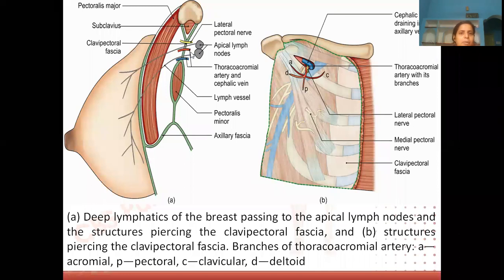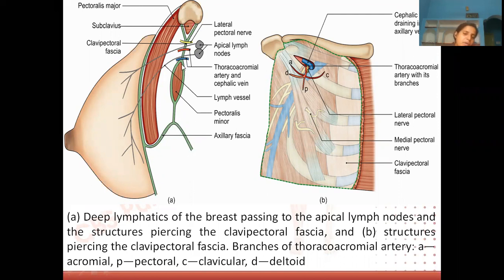In fact, this clavipectoral fascia, now see, this is the mammary gland. We know this is the mammary bed. We know this is pectoralis major, we know this is pectoralis minor. Covering the pectoralis major is the pectoral fascia. Covering the pectoralis minor, now see, suppose this is the clavicle bone and this is the subclavius muscle. Obviously, the margins of subclavius give attachment to clavipectoral fascia. So this is the clavipectoral fascia which is splitting to enclose subclavius. It's coming down and it is also splitting to enclose the pectoralis minor. It's again fusing back and becoming continuous with the axillary fascia. This is the axillary fascia, called the dome of the axillary fascia.